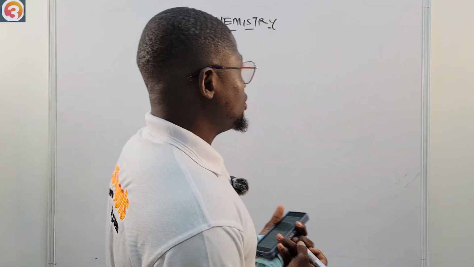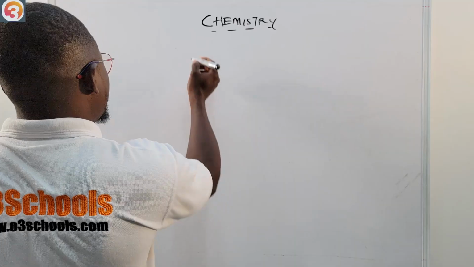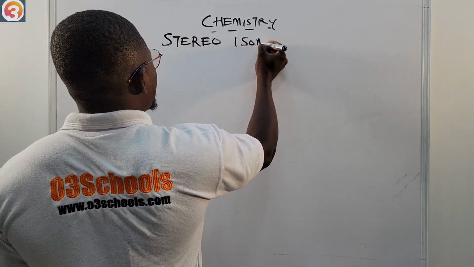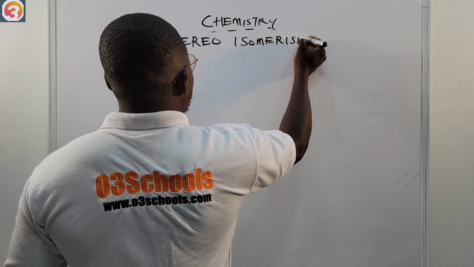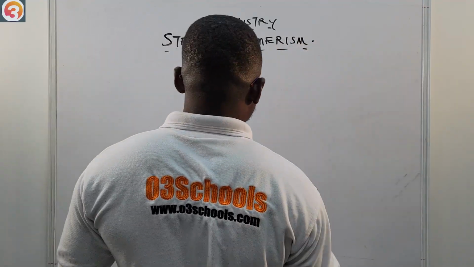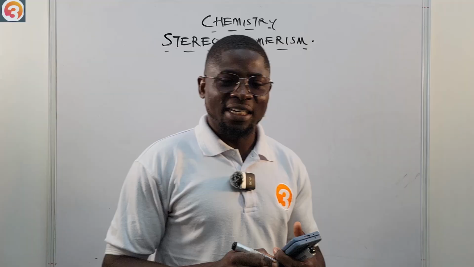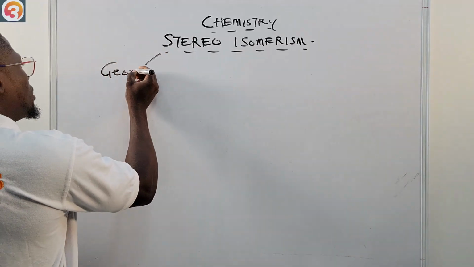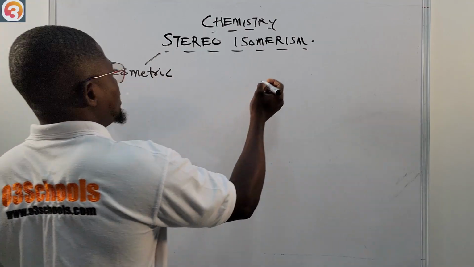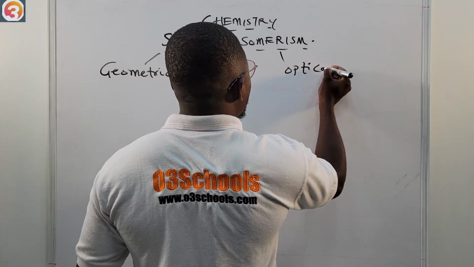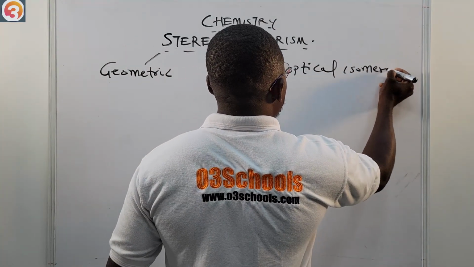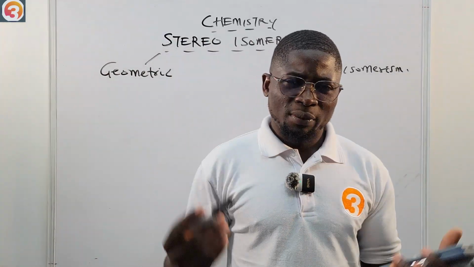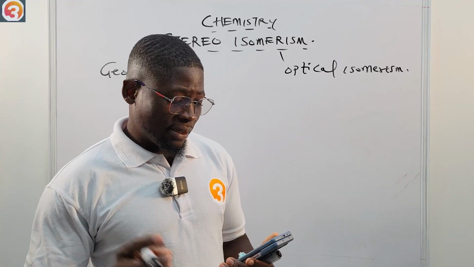And of course, in this episode, we're going to be looking at stereoisomerism. We know that stereoisomerism is divided into two: geometric isomerism and optical isomerism. Before we continue our study of geometric isomers, let us first look at some questions